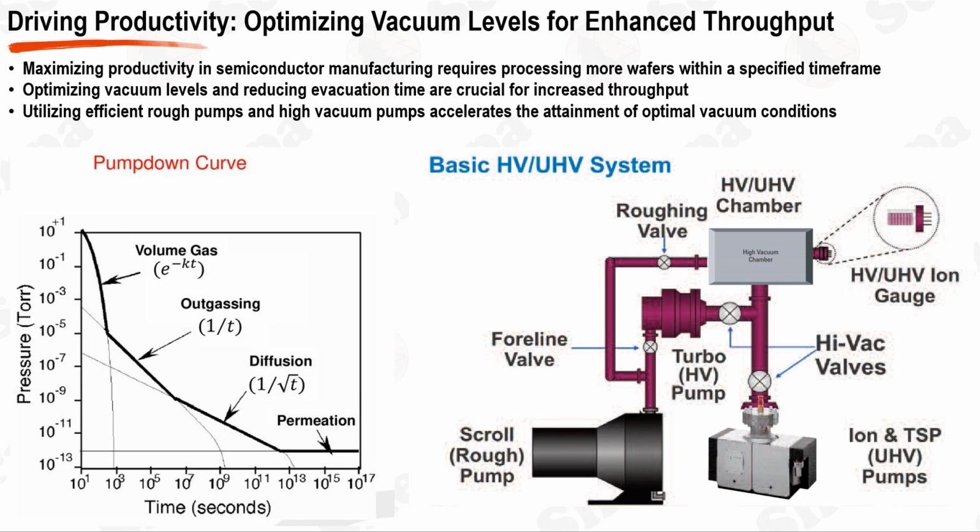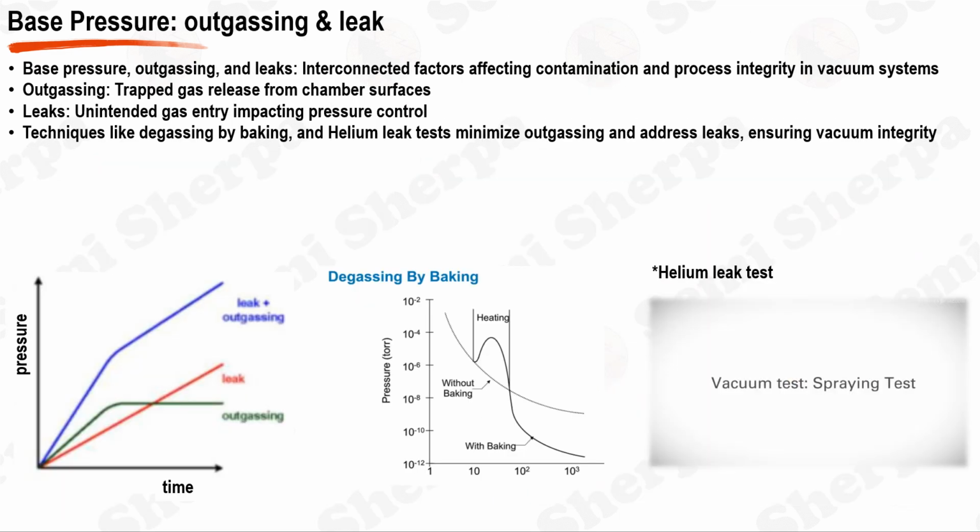To achieve higher vacuum levels, a high vacuum pump is employed, such as a turbomolecular pump or cryopump. These pumps offer higher pumping speeds and are crucial for reaching the desired vacuum levels in semiconductor processes. By optimizing vacuum levels and employing efficient pumping systems, semiconductor manufacturers can enhance productivity, process more wafers, and meet the demands of high-volume production. Base pressure, outgassing, and leaks are interconnected factors that impact contamination and process integrity in vacuum